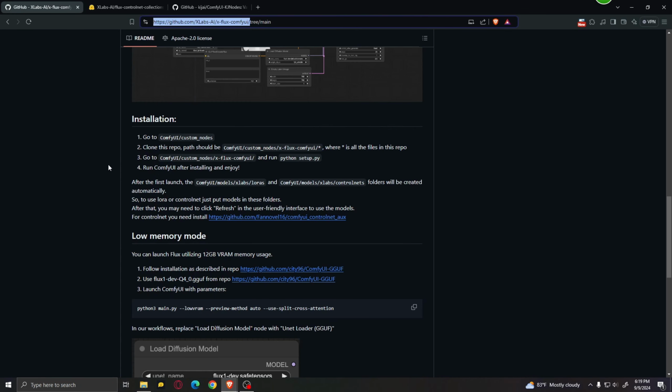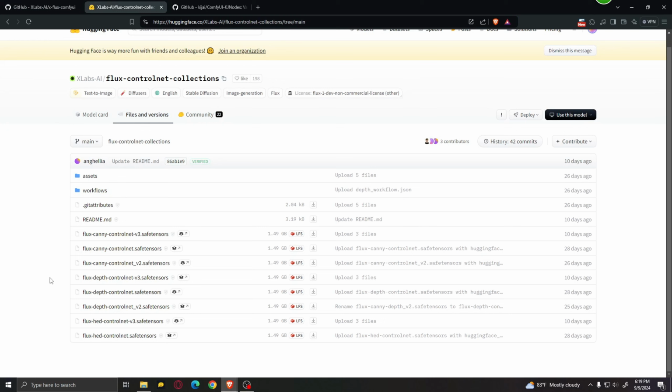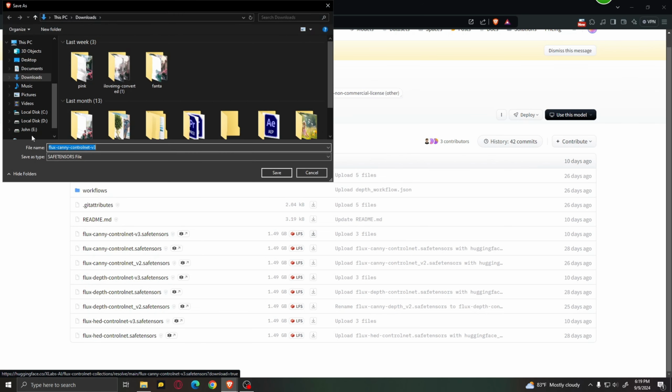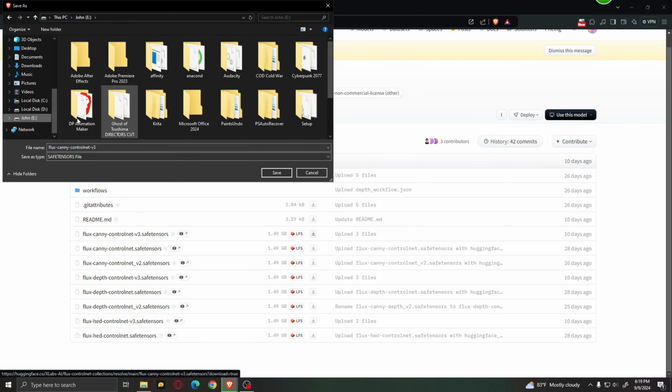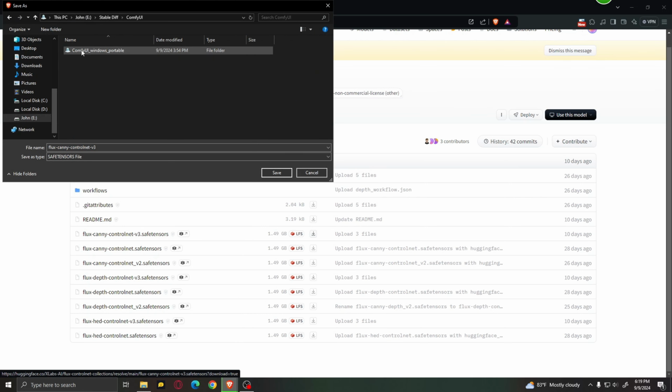So after you've done that, go ahead to the next link in the description, and this will bring you to this page. Over here you need to download the models. So you can see over here we have Flux Canny ControlNet v3, we also have Depth ControlNet v3 and Head ControlNet v3. Just download all of these files, hit download, and just go into your comfyui folder,